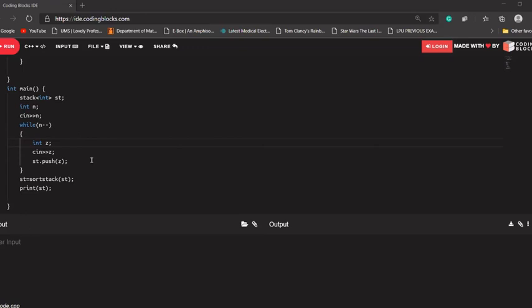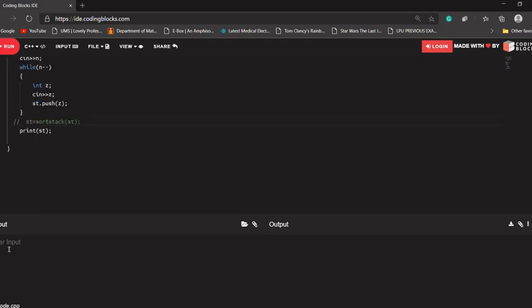Let's see whether our input and output are working or not. Let me comment it out first. Okay. Let's say I'm giving some input. Let's say 5, and I'm giving 5 into n, and it will ask us to enter 5 values. Let's say 5, 8, 9, 10, 4. Okay, 1, 2, 3, 4, 5. Let's see whether we are getting the output, whether the elements are being inserted into our stack or not.